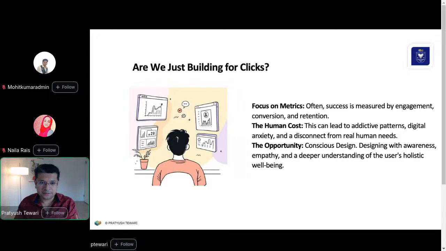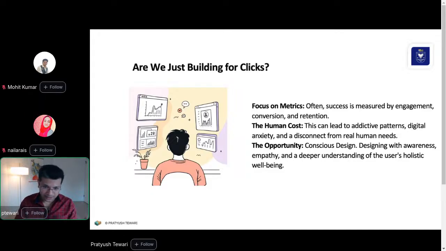And this leads to all these dark patterns that I discussed before, and leads to a subpar experience, especially when the users are very mature. They can see through all these things. And I want to shift your focus, using those principles and prototypes that I discussed, towards conscious design, which is to look beyond the surface level interactions and consider the user's entire experience emotionally, intellectually, and even holistically.